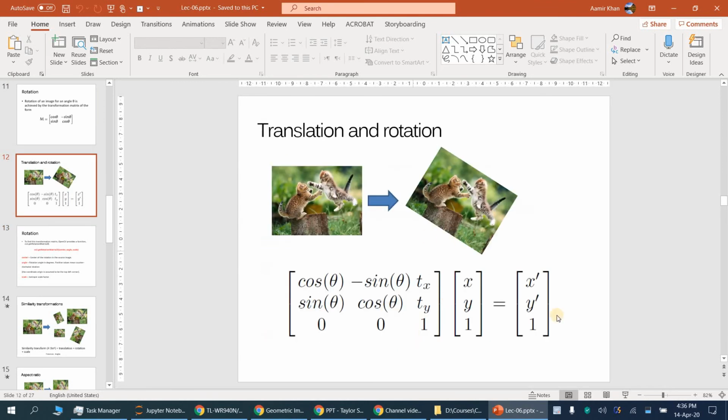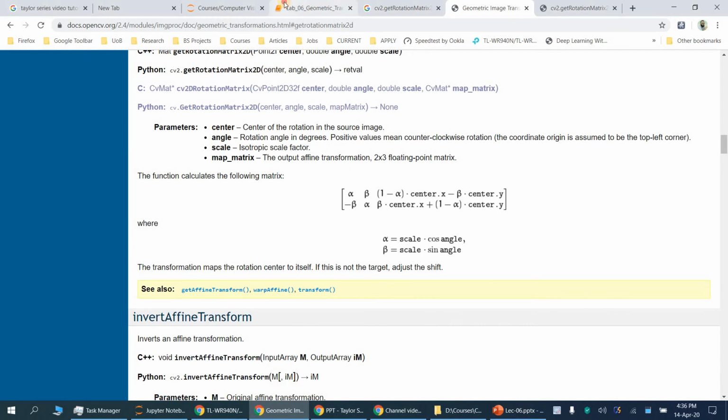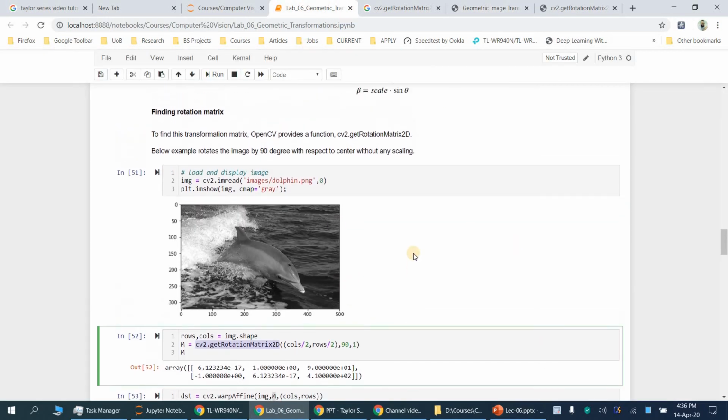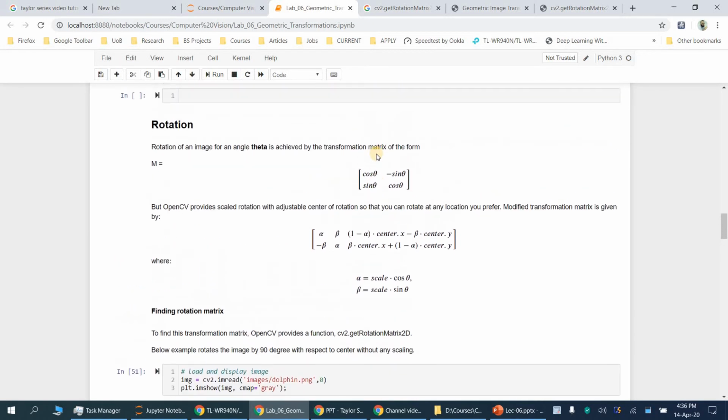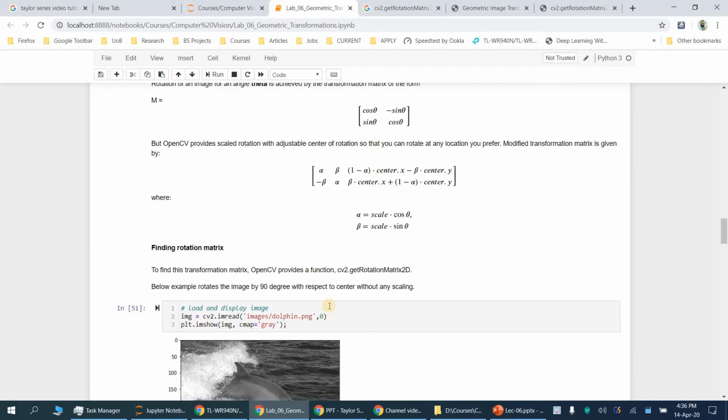Okay, so whatever is in the slides, you remember it. Whatever is here in the lab notes, you don't need to memorize this formula at least. Other things you have to remember, but not this one. Okay, so in general,